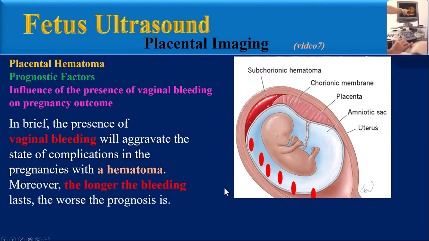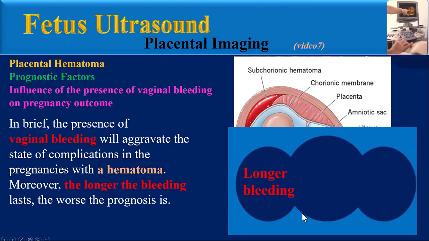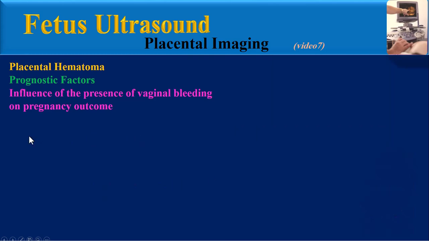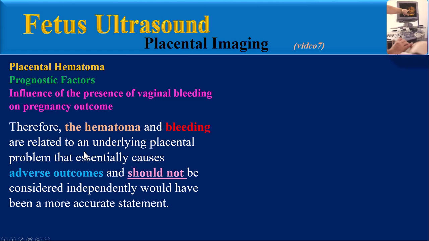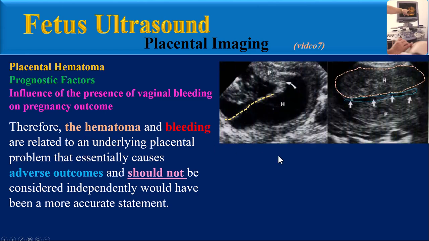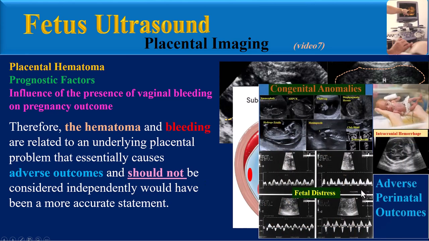Moreover, the longer the bleeding lasts, the worse the prognosis is. Therefore, the impression that the hematoma and bleeding are related to an underlying placental problem that essentially causes adverse outcomes and should not be considered independently would have been a more